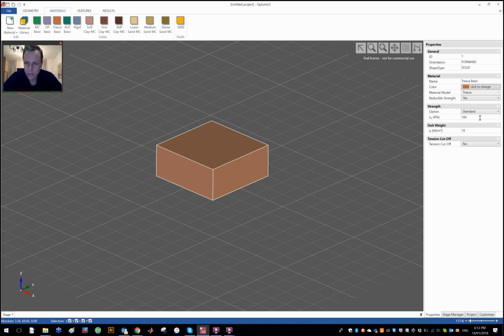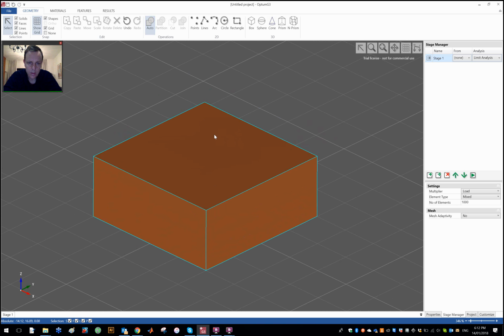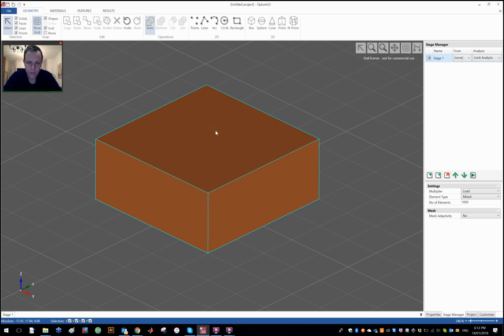And the question is how to do that. So let me just first, before I do anything, draw the area in which the foundation will sit. Let me switch to XY view. So now I'm viewing the soil surface from the top, and I want a foundation 2 by 4 meters. Let's make it 4 meters in the X direction and 2 meters in the Y direction. So the bottom right coordinate is going to be